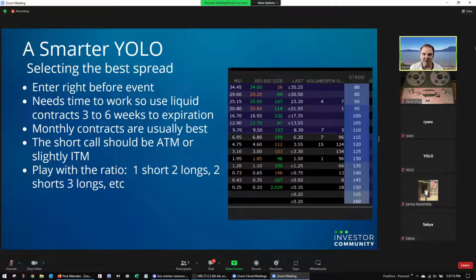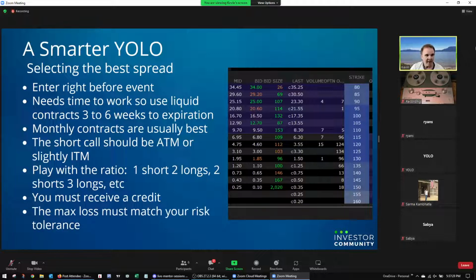This is just meant to be a small play, so don't be taking a bunch of risk on it. And all important, you must receive a credit. And the max loss, like I said, must match your risk tolerance.